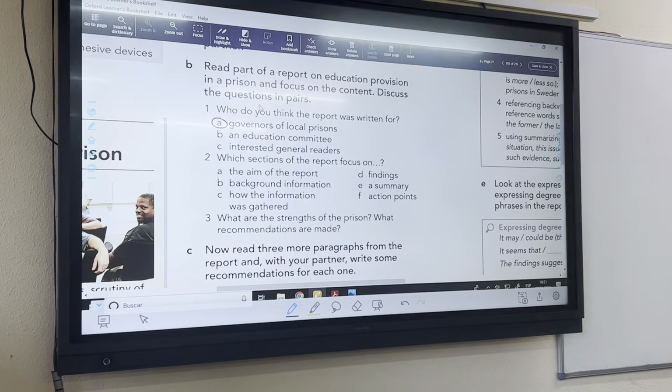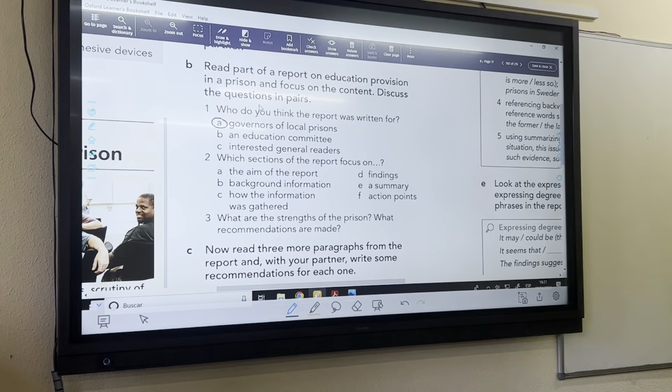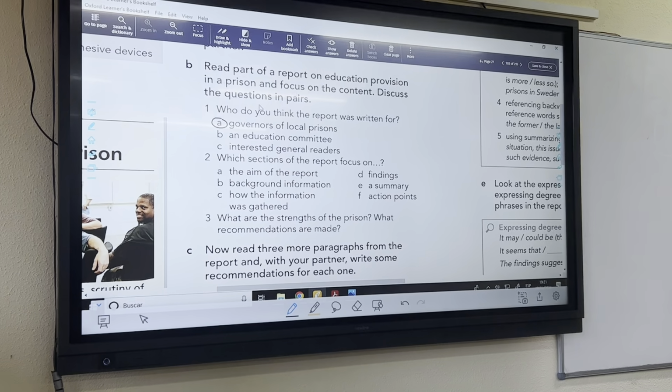What is the strength of the prison? Its strength is its focus on improving basic numeracy and literacy. Basic skills and cultural